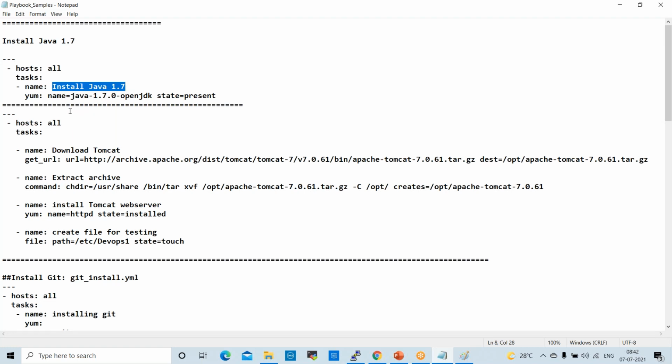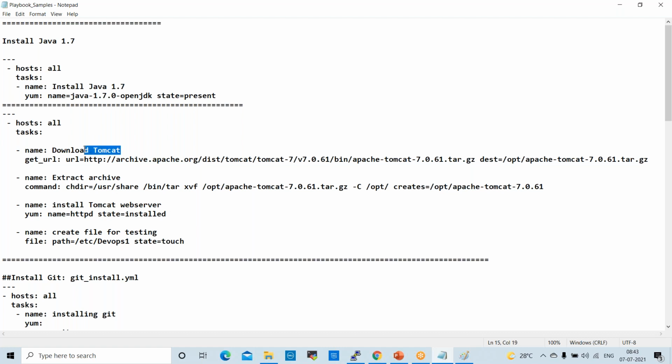So what we are going to perform here, we are installing Java 1.7, so this is the tag, this is for our understanding. If you remove this, nothing will happen, the playbook will run. But if you give this, you can understand what task you are going to perform. Without this also we can run the playbook. You can try, remove this line and the playbook will run, but you will be confused. Without tags, if you run anything, we will be confused. That is why we are giving this line to get the information.